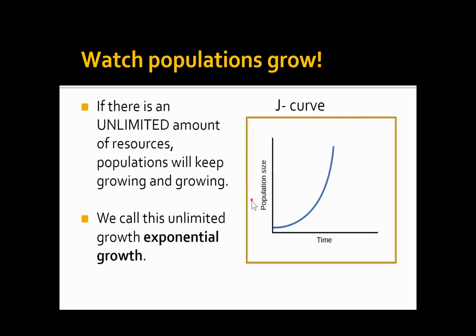So in your notes, you have two empty boxes. We're going to start on the box on the left where it's labeled unlimited growth. Underneath that, in the parentheses, we are going to write exponential growth, because that's what we call unlimited growth. Unlimited growth we have